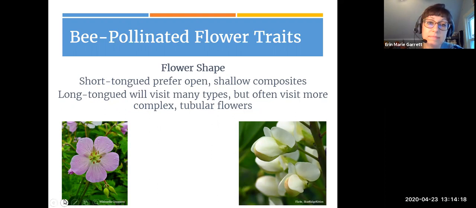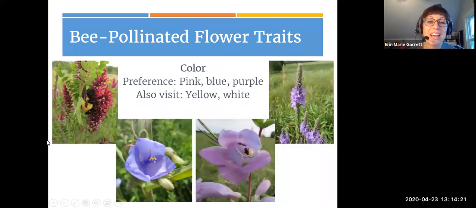Okay, when it comes to color preferences, in general, they prefer to visit pink, blue, and purple flowers, but I know I've seen bees on all different colored flowers. So yes, they're going to visit yellow and white flowers. Yes, they're going to visit other colors of flowers. These are just some preferences that have been noted. So any of these flowers that you can see here are going to be great ones that they're easily attracted